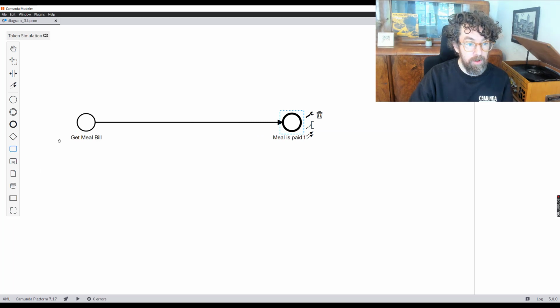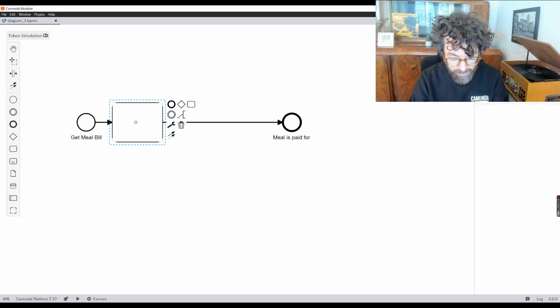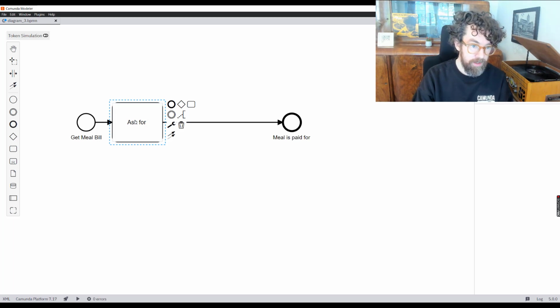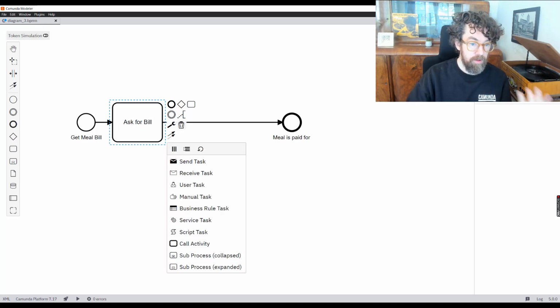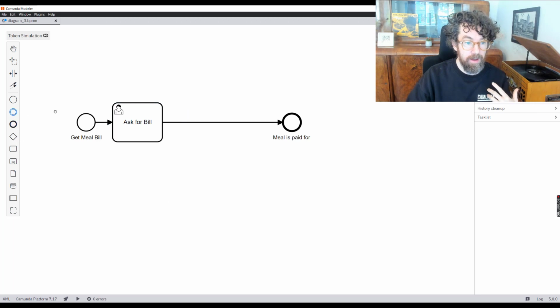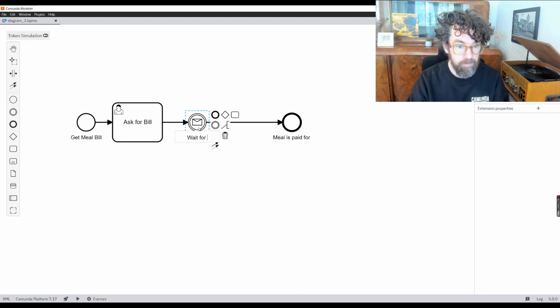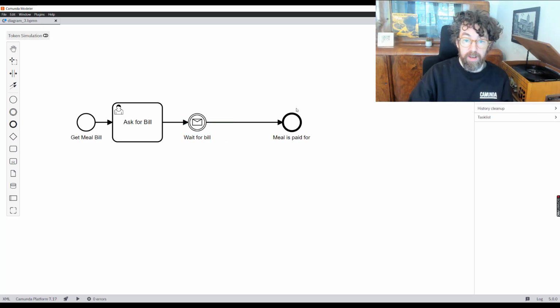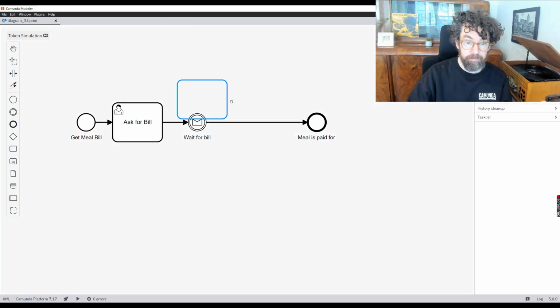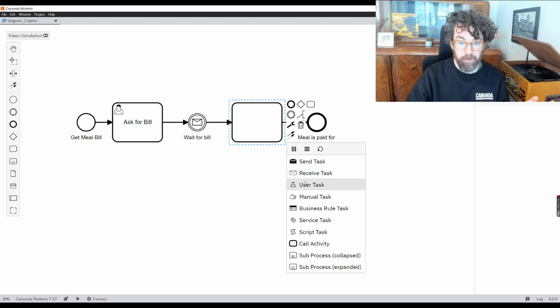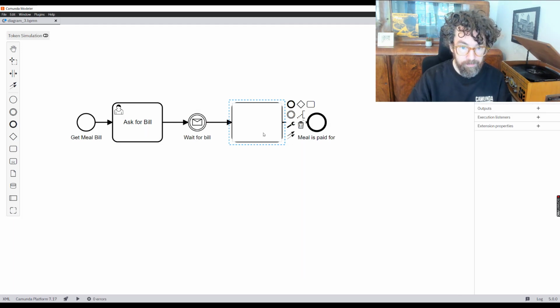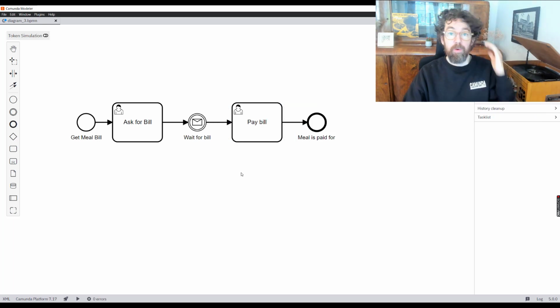So the first thing we do is we have a task, and it's going to be something like ask for bill. It's a user task, right? And then we're going to have a message event where we wait for the bill to arrive at the table. When it arrives, we pay for it. Okay, so let's say pay bill. Great, and we are in good shape.